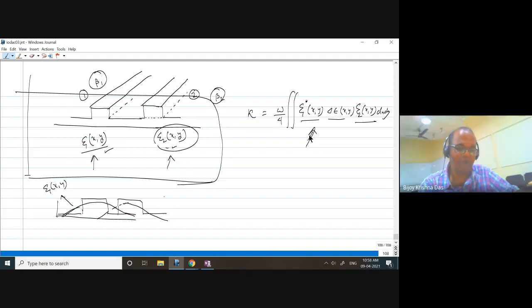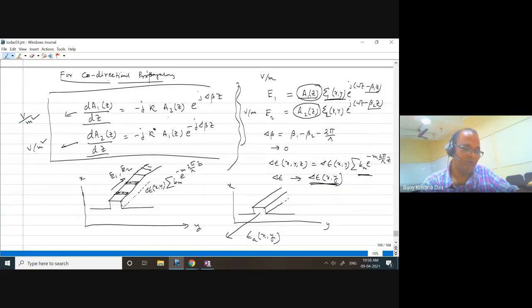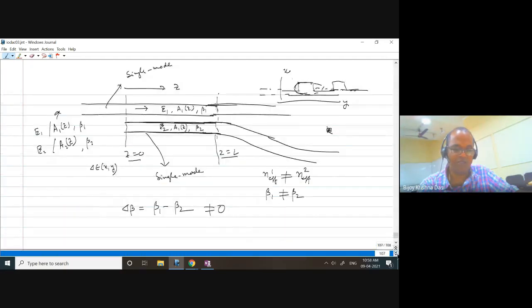According to the coupled mode theory, that is the kappa value. If kappa equals 0, then A1 is constant, A2 is constant. They are in an orthogonal-like situation. No power will be coupled to each other. But if you get kappa non-zero, if you get this calculation non-zero,